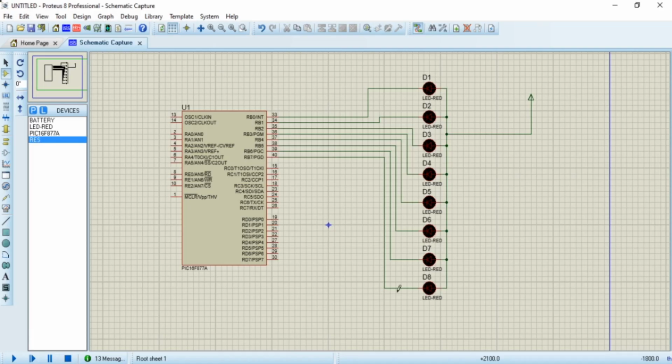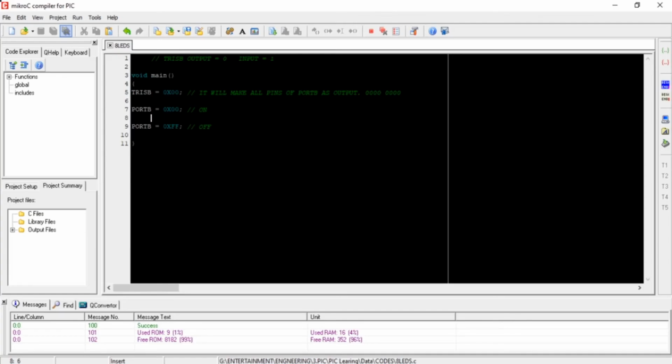If you use this program in your simulation, let's see what it will do. It is doing nothing. It is happening because our microcontroller is working at a very fast speed and we are not able to see the LEDs on and off.